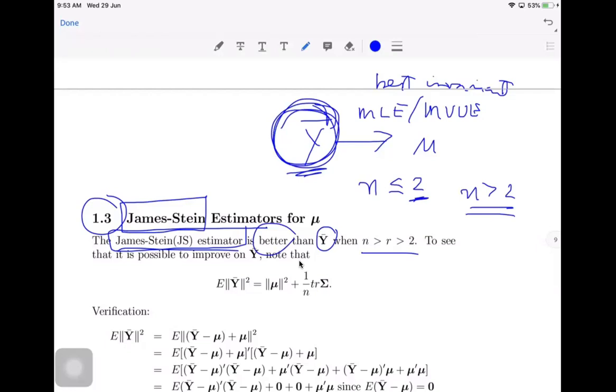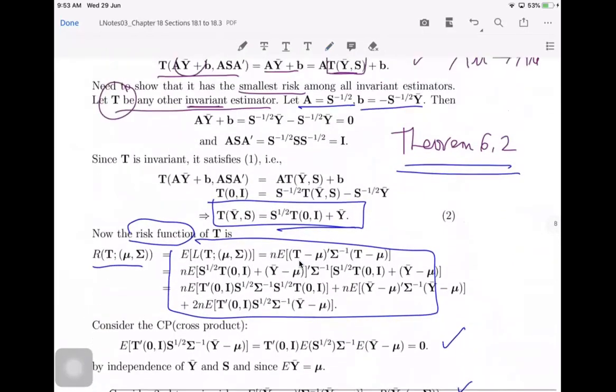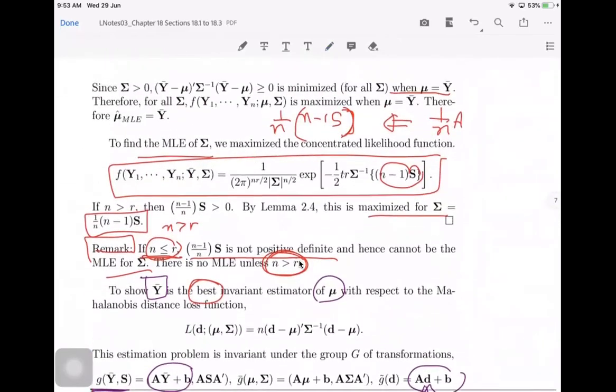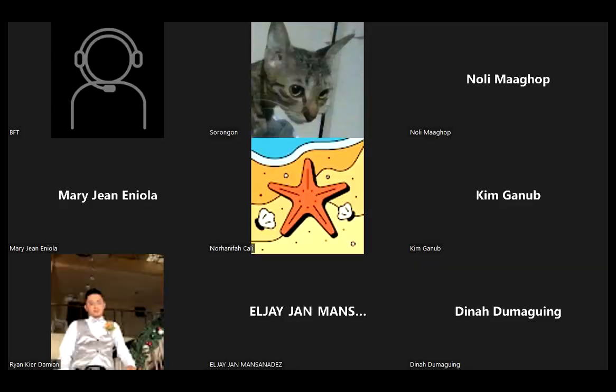So until this section here, MVUE invariance, do you have questions? None, ma'am. Okay, so if I look at chapter 18,